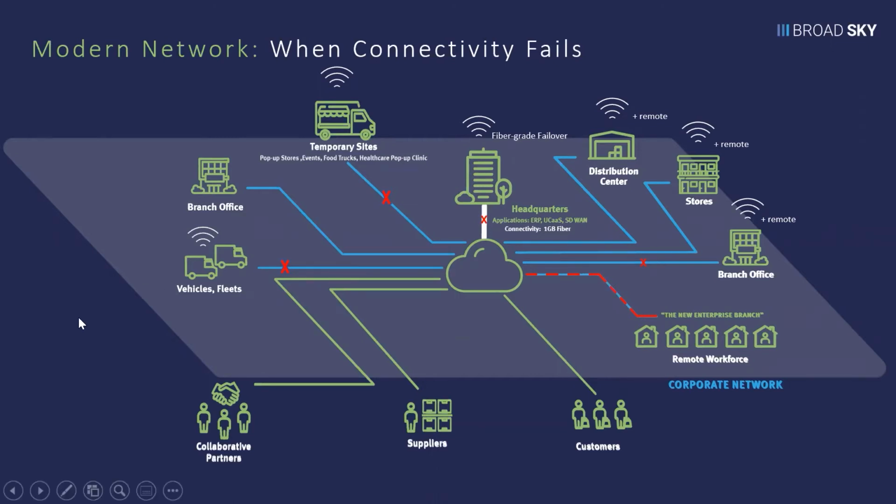And that's the new network, right? That's the modern network. It's being able to bring wireless connectivity to the edge, away from just the branch office and just HQ. Yes, we want to keep the branch up, right? We want to keep HQ up. We can't lose connectivity at HQ. Everything runs through there. But just as important, it's making sure that your fleets, your temporary connections, have a network that's nimble enough and agile enough to do what your customer needs to do. It has become more important than ever.